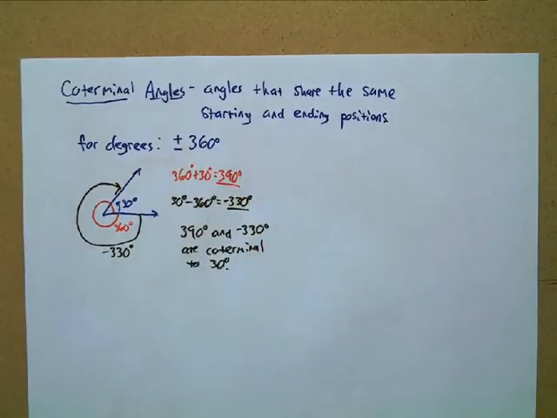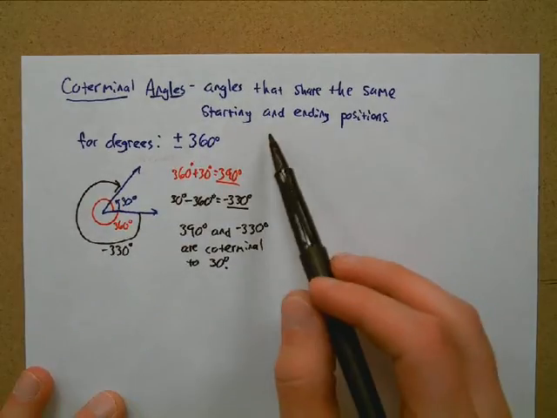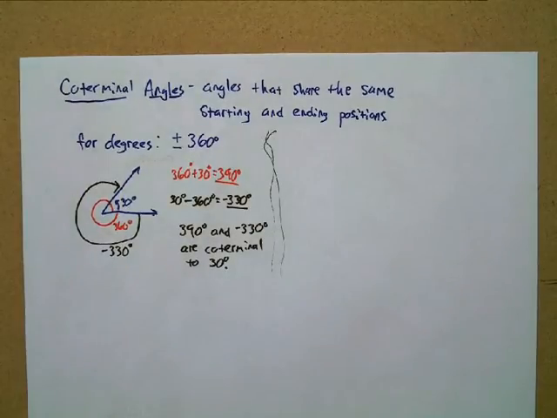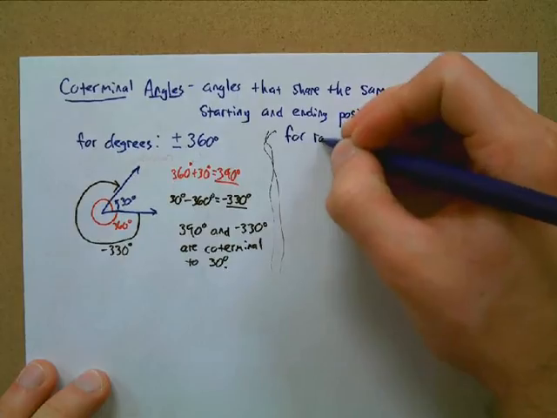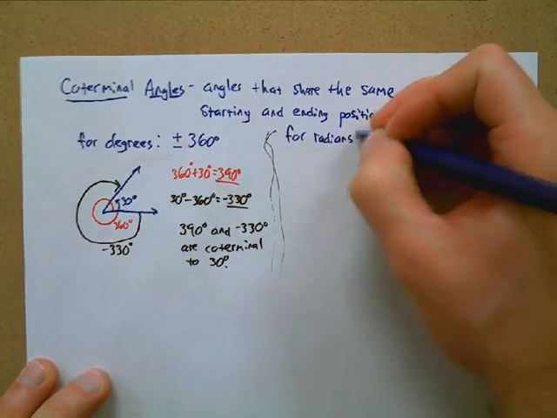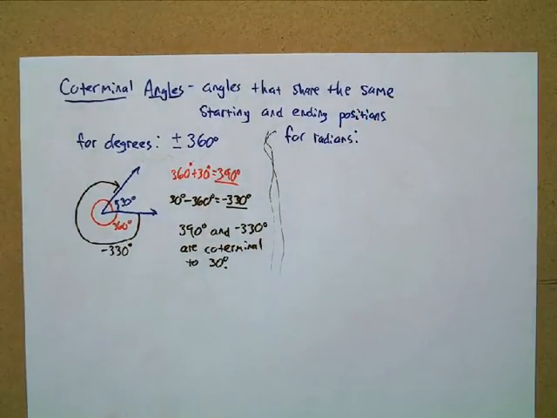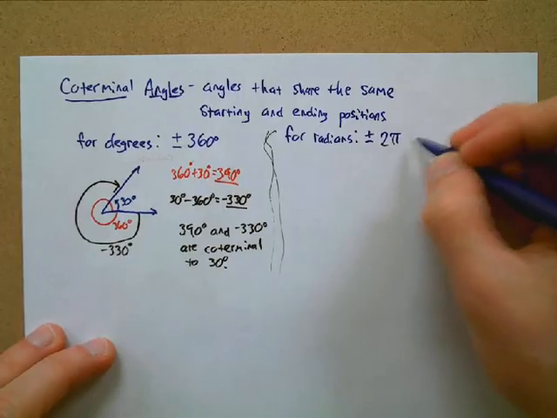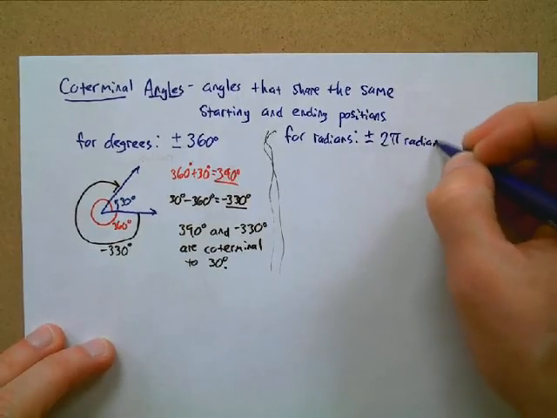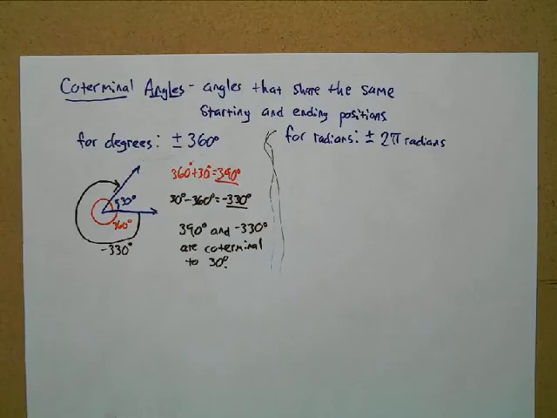What about for radians then? Well, what do you think? What can we do to find coterminal angles in terms of radians? What should we do, Kevin? 2 pi radians. Yeah, very good. Add or subtract 2 pi radians, because 360 is the same measure as 2 pi radians. So just add or subtract 2 pi. Okay, the math is a little bit trickier. For example, if I have 7 pi over 6, and I want to add 2 pi to that,